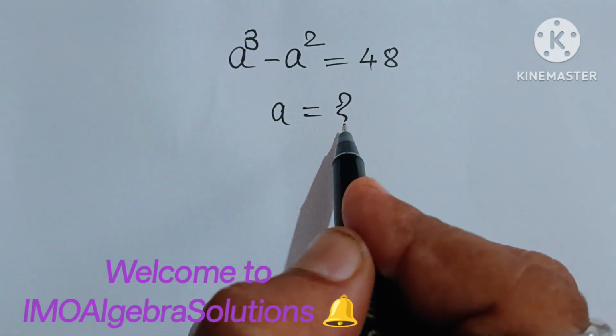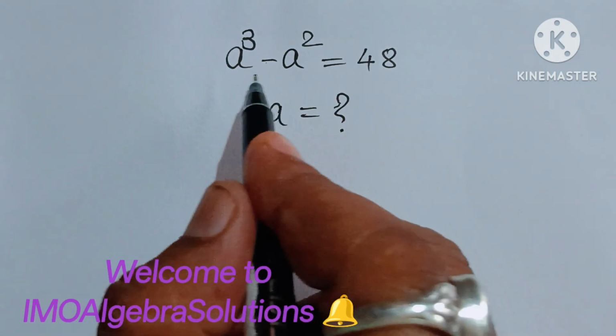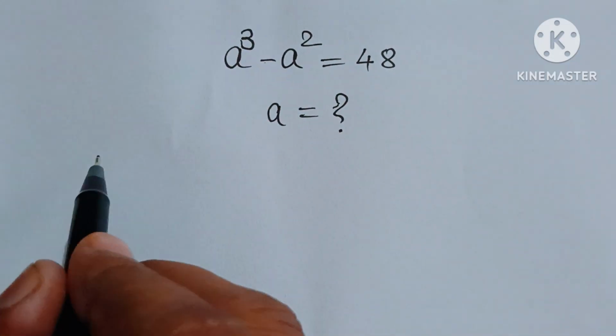Today we will see a³ − a² = 48. a is equal to question mark. We have to find the value of this a by solving this algebraic identity. Solution: